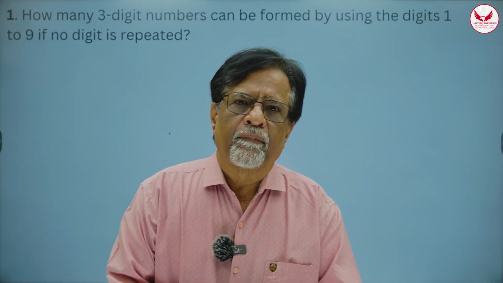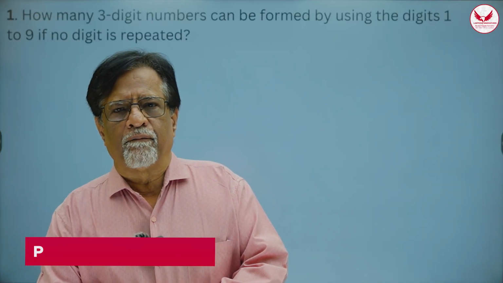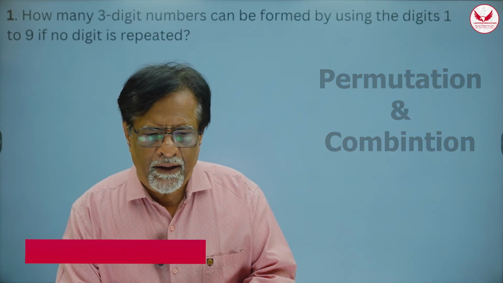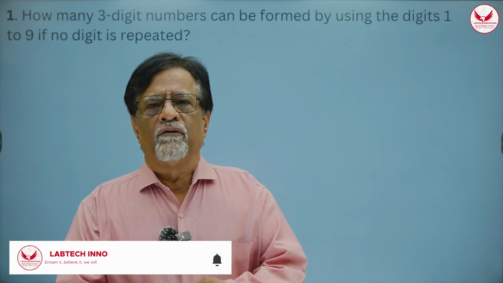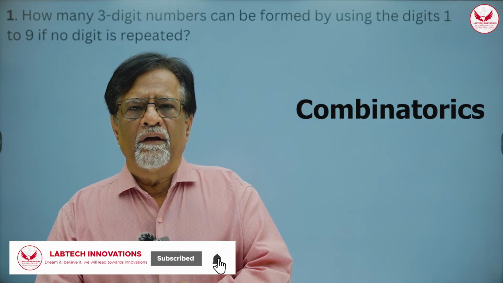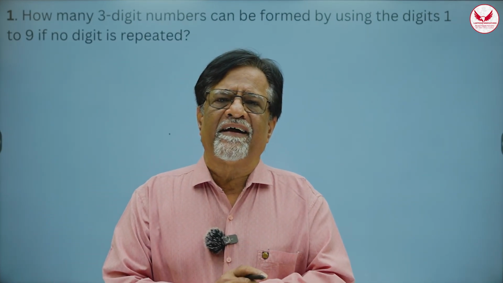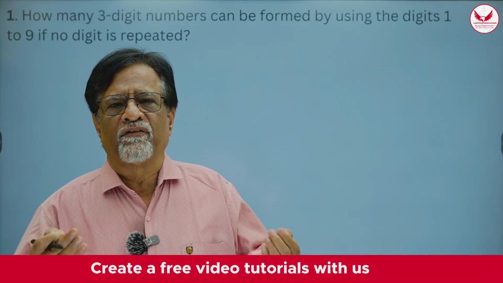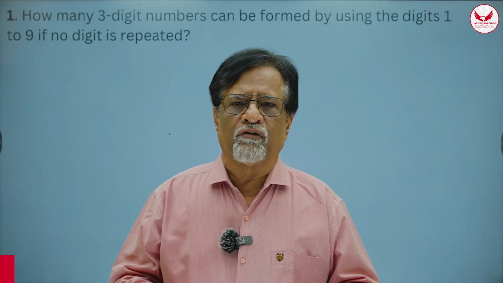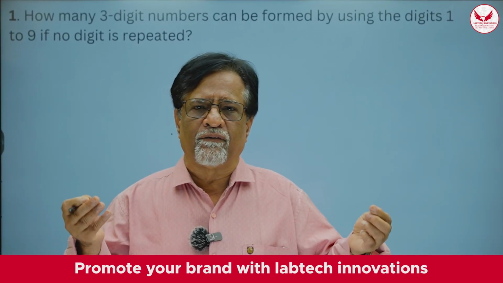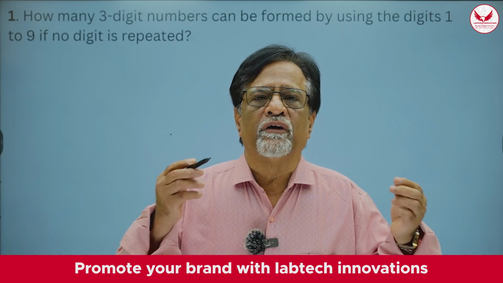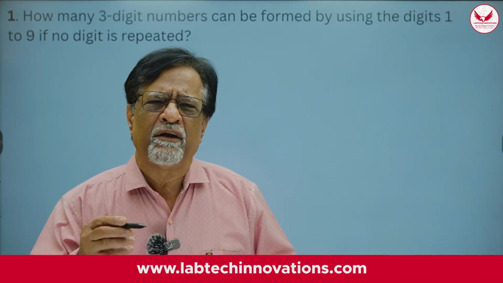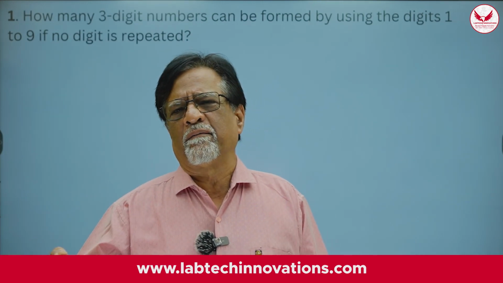Hello friends, we are right now completing a portion called permutation and combination. I told you this is the beginning of a part of mathematics called combinatorics. Combinatorics is basically designed for very simple tasks. In every walk of our life, for scientific applications and otherwise also, we need to count the number of ways things can be done. So the number of ways things can be done can be calculated by using this particular science of mathematics called